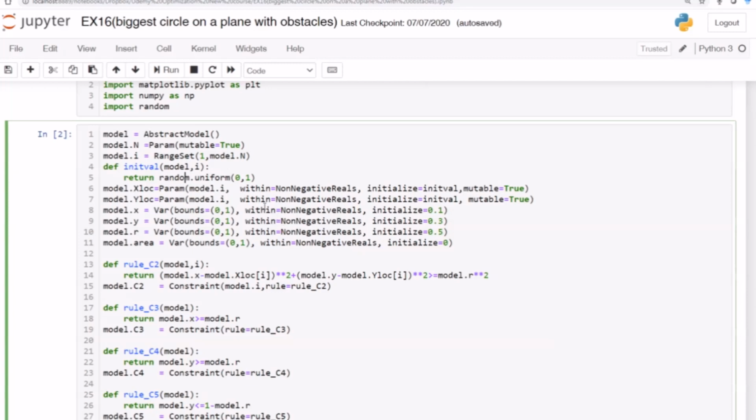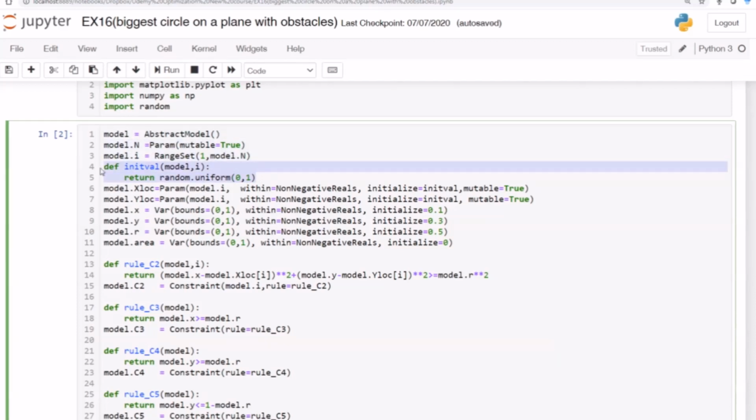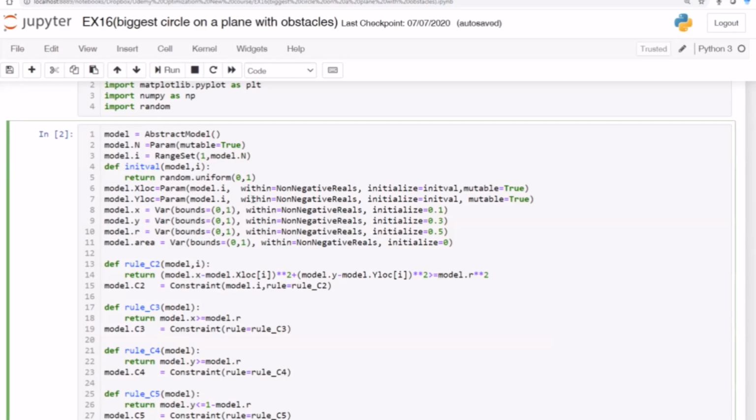So we might need a random initialization. For this purpose I define this function, init val model and I. For every I, it can provide an initial location for those obstacles actually, and also